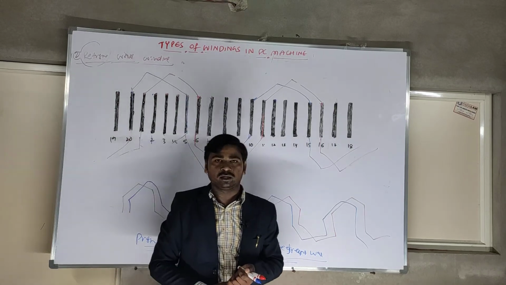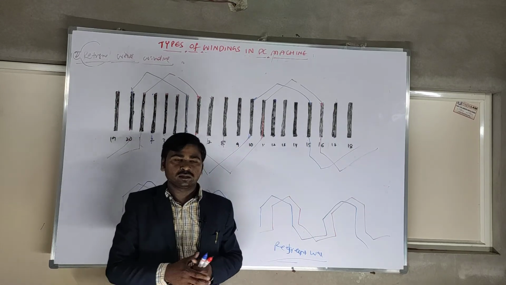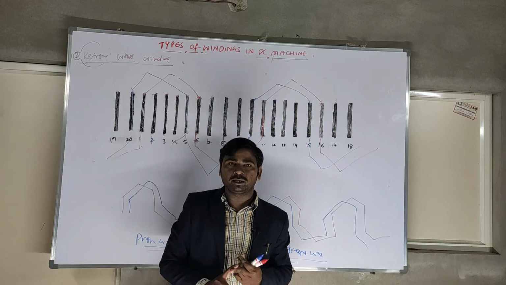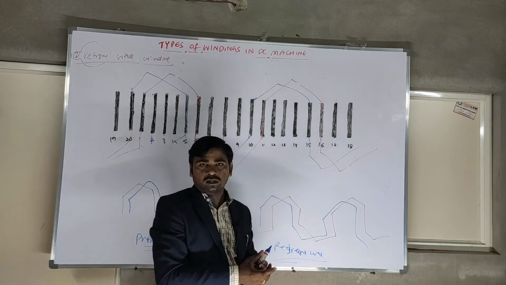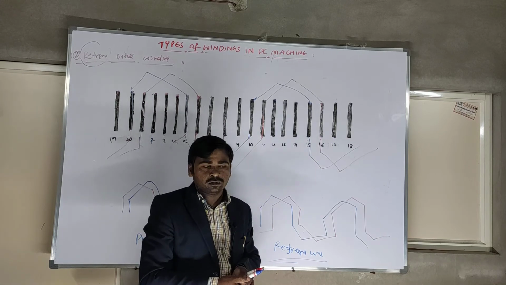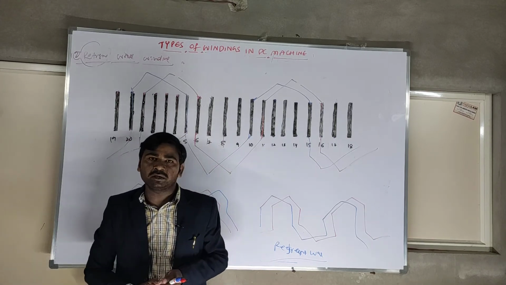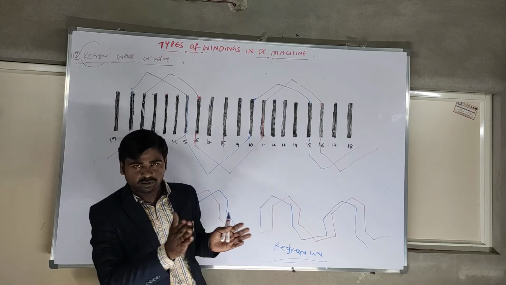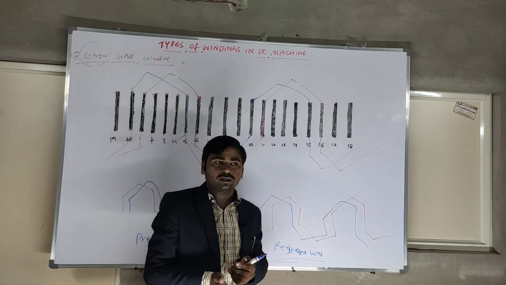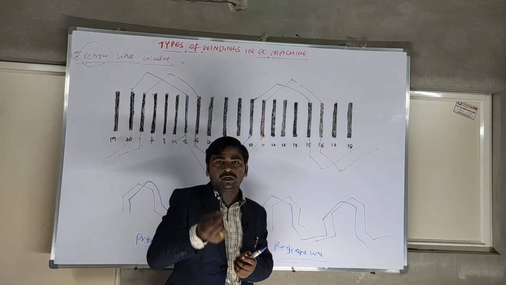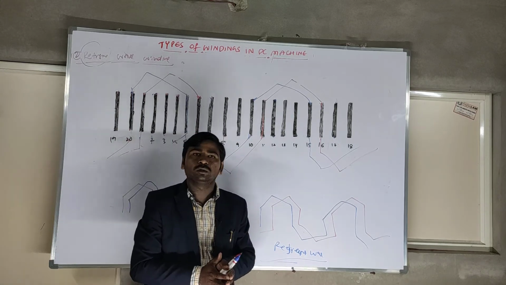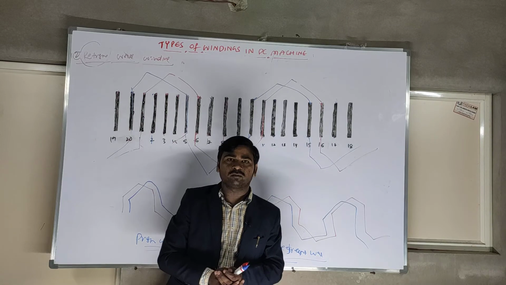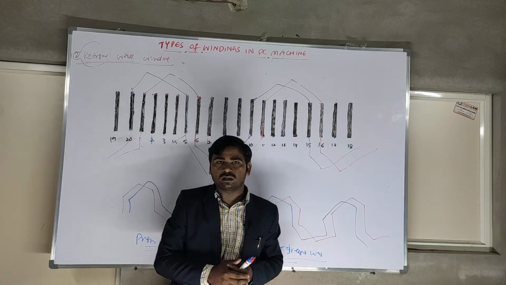I think it is very clear. In the next class we will discuss simplex winding and multiplex: duplex, triplex, quadruplex. That is one type of setup inside the winding types. After that, we will go for single layer winding and double layer winding. That is another setup we will explain. After that, singly re-entrant and doubly re-entrant winding we will discuss. So there are many types of windings. Don't think that this much is all there is. Please learn very carefully.